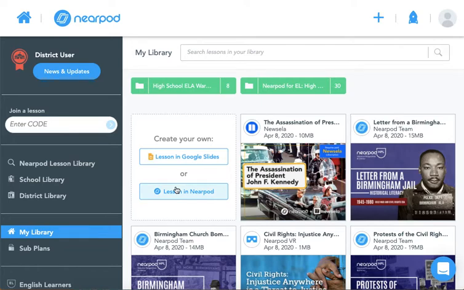I usually create them right in Nearpod because it is a little bit more streamlined, but if you plan on collaborating with another teacher, if you'd like to share your presentation and work on it at the same time together, then Google Slides is your best option for sharing and editing at the same time. If you're just creating something for your class, even if you plan on sharing it later with another teacher, that's absolutely fine. You can do that right in Nearpod, and like I said, that's what I'm going to focus